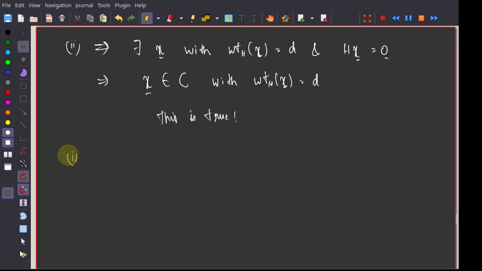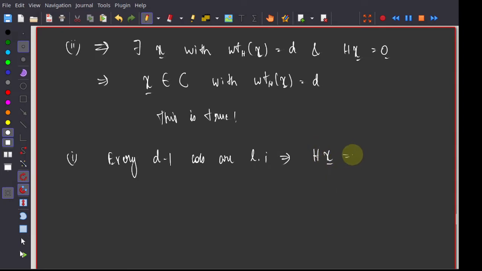Alright, so now using the same approach, let's try to prove the first statement. We want to show that if I take any non-trivial, non-zero linear combination of any fewer than D columns of H, then I should always get a non-zero vector, because that is what it means for it to be linearly independent. So every D minus 1 columns are linearly independent. Another way of saying this is that